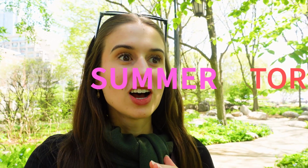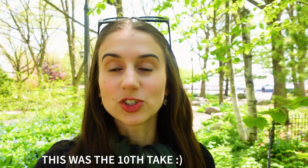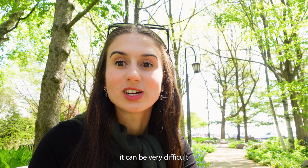What if you could turn your small condo into a garden oasis like this? As soon as summer hits Toronto, all of the parks immediately fill up, and it's honestly hard to even film here without anyone in the background, because everyone is just trying to get to a green space and enjoy it as much as possible. I live in a condo here in Toronto, and honestly, it can be very difficult to try